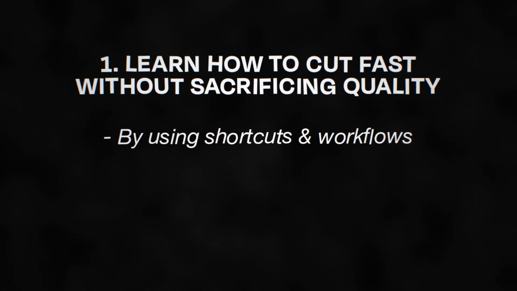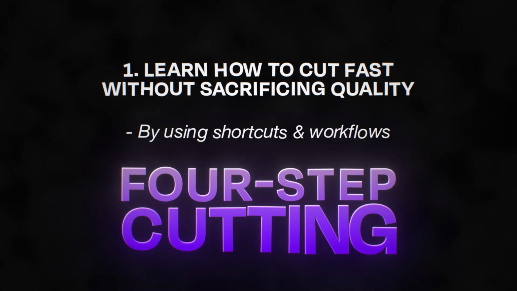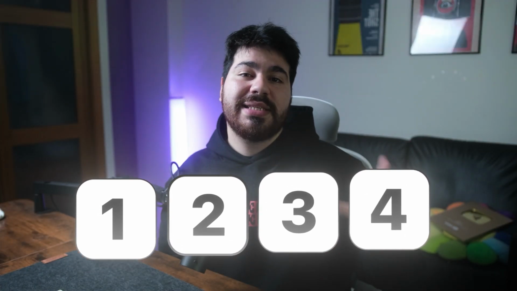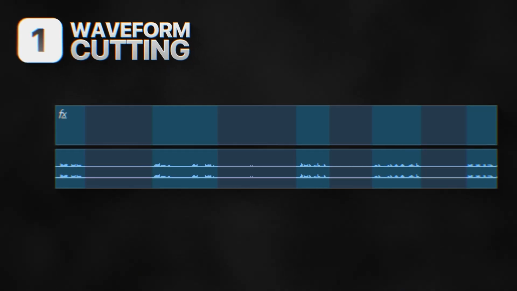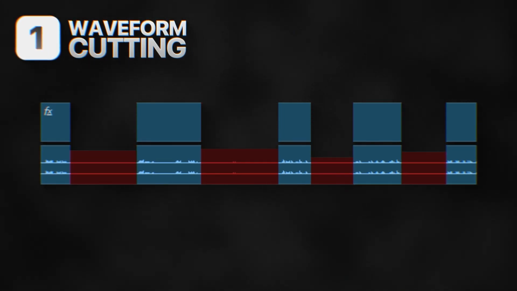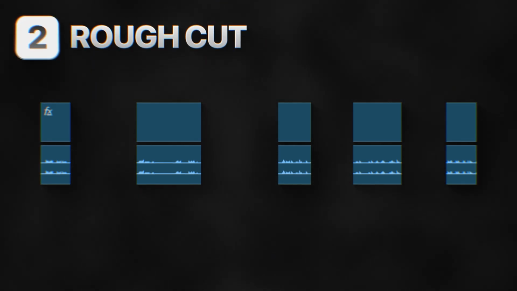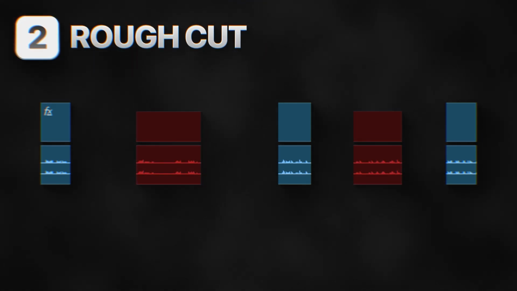One really cool workflow that I like is the 4-step cutting, which consists, like the name says, of 4 steps to cut your videos. And in each step, you create a sequence, so further down the line, if you lose anything, you can just go back to this sequence and get the footage back. So the first step is waveform cutting. Pretty much you delete all of the silent spaces that really don't matter for the video. The second cut is called the rough cut, where you remove mistakes and stutters that the client might have.